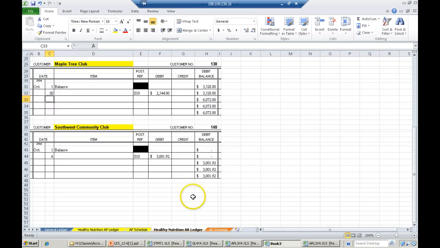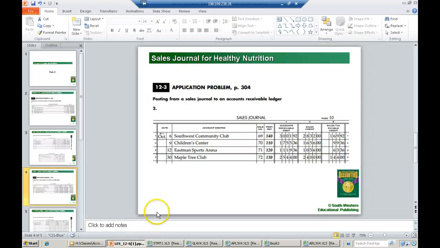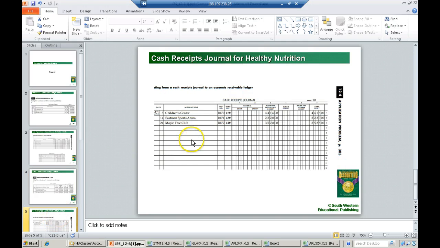As we move on to 12-4, we have our cash receipts journal, which means that we've now received the money from each of these companies, and we need to record this in the individual subsidiary accounts receivable accounts. So let's take a look. Accounts receivable of $44.16. So Children's Center on the 5th paid us